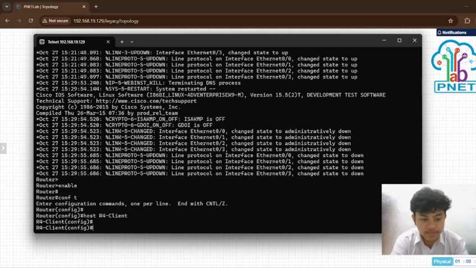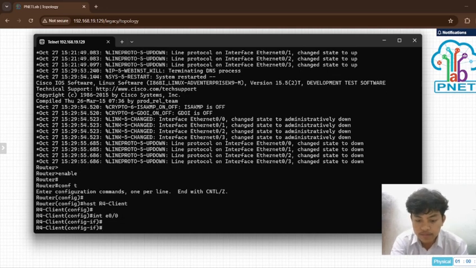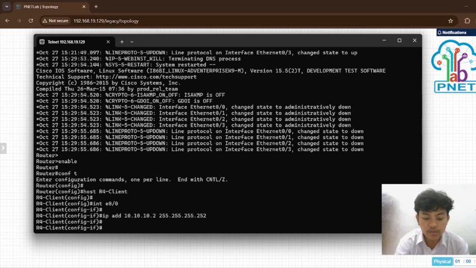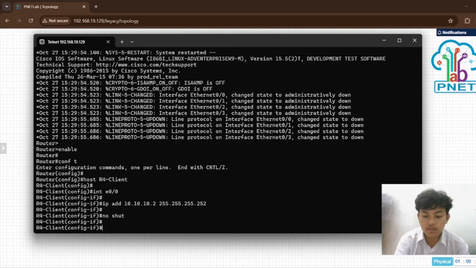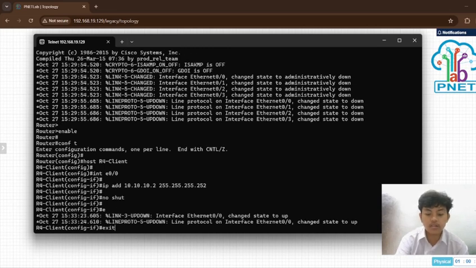Then do the same as before on Ethernet 0/0, IP address 10.10.10.2, then 255.255.255.252, and don't forget no shut and exit.